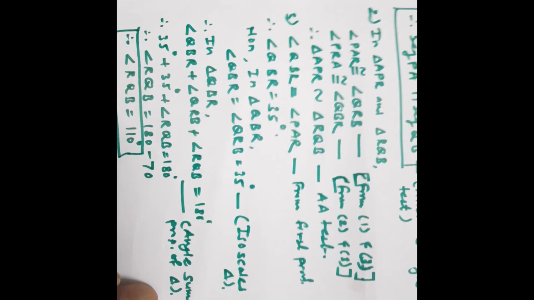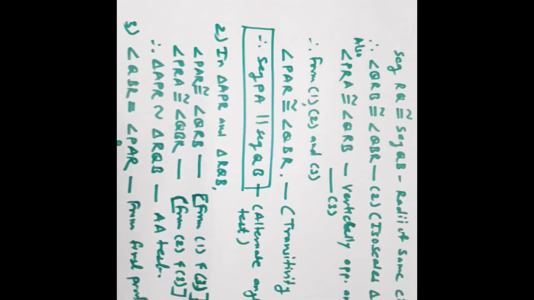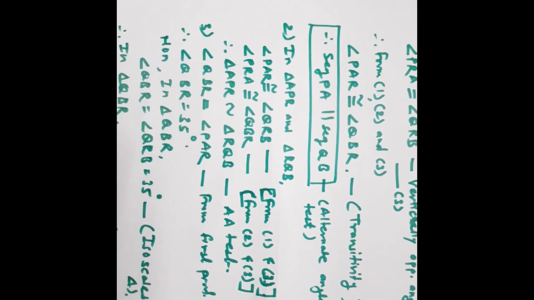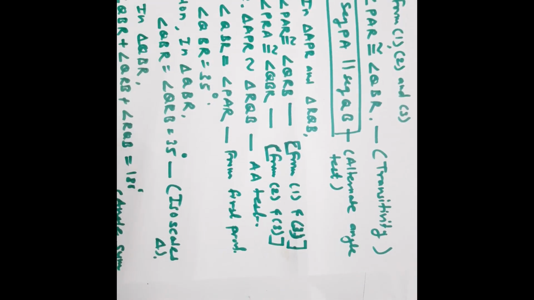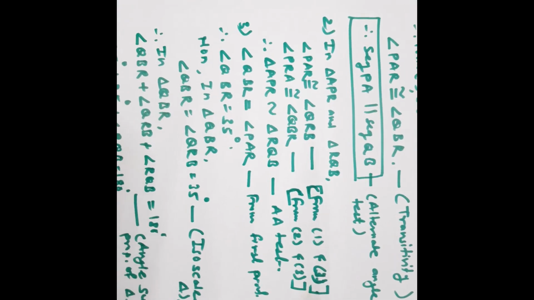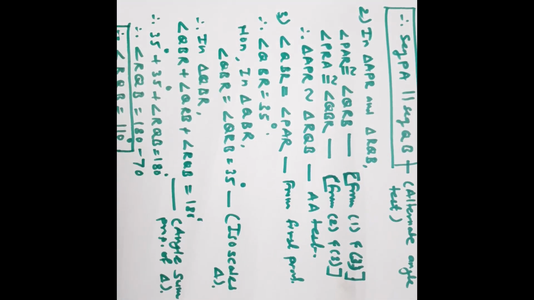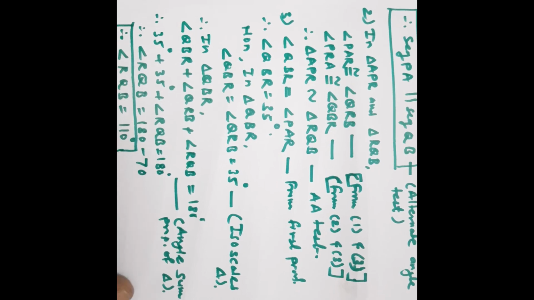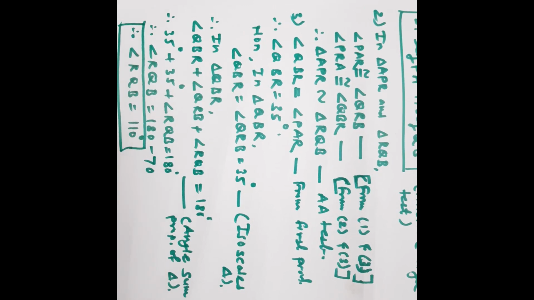In this way, we can solve this example. This example can be asked for 3 marks or 4 marks. Now, you have to complete practice set 3.2, the remaining examples, that is examples 2, 3 and 5. Complete your homework. In the next lecture, we will see the next part, that is arc of a circle.